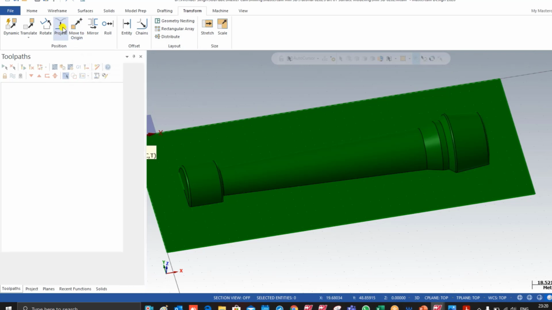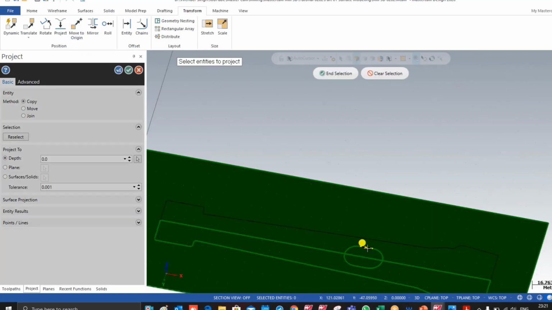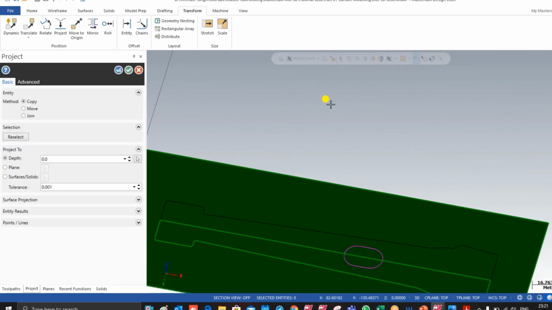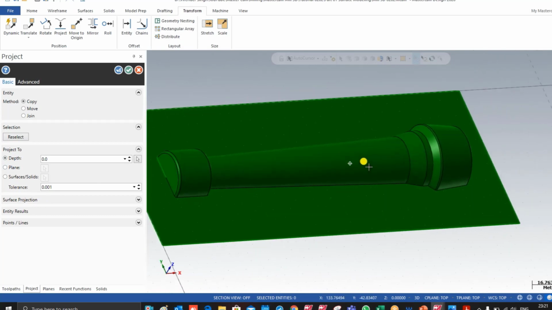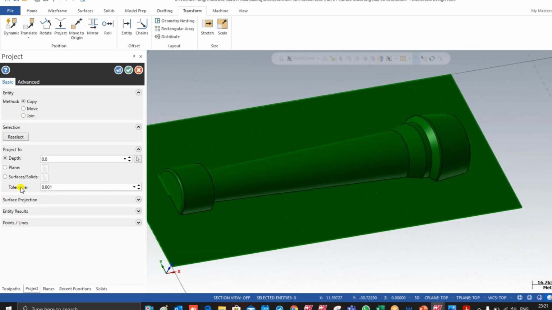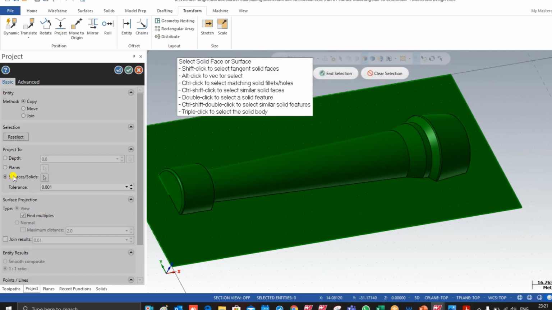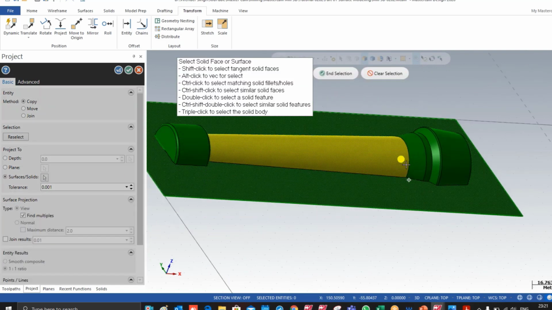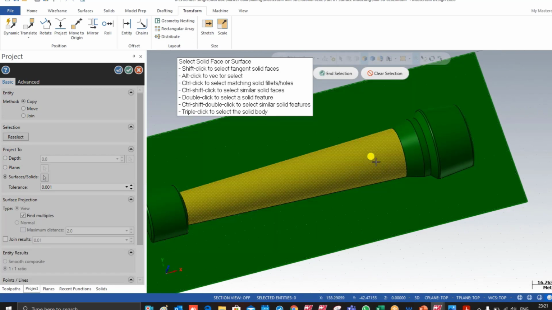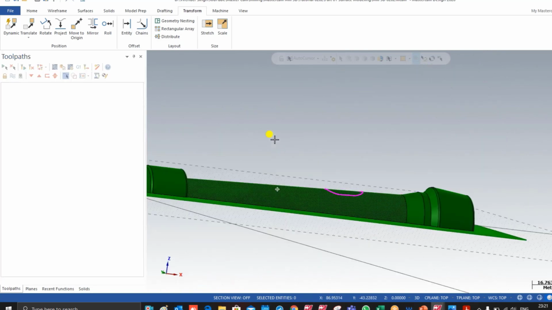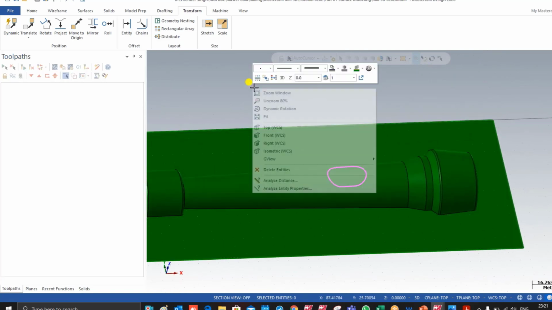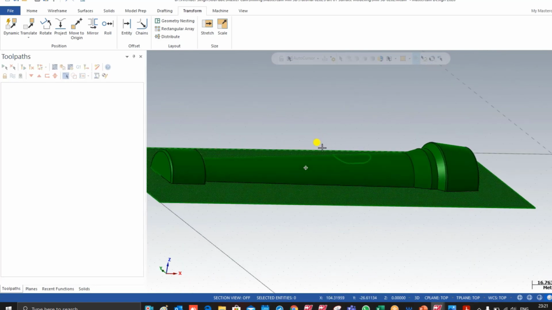And now here is one command, project. Select the entire entity with the shift command, and now I have to project it onto that one surface body. So for creating a projection on that surface body, I have to select a surface or a solid, and now select the surface entity where it is required to be projected, and now press OK, and I will move that entity from the bottom to the top area, and now clear color.